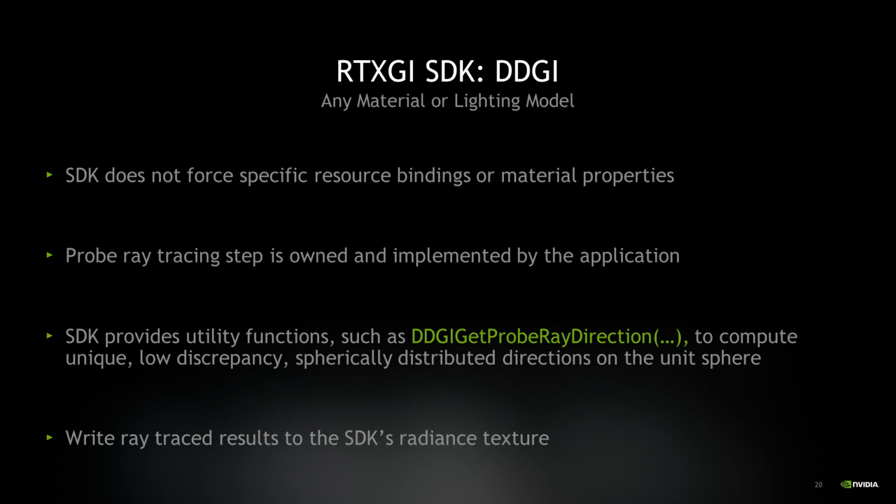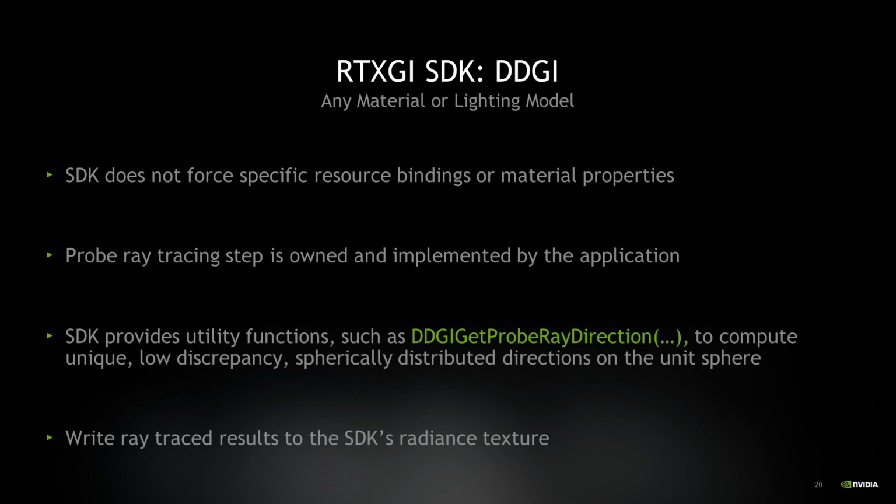Next, to provide the widest possible support for arbitrary material and lighting models, the SDK doesn't require specific resource bindings or material properties. In fact, the probe ray tracing step is owned and implemented by the application, not the SDK. To make the ray tracing process easier, the SDK provides a number of utility and helper functions. One of these functions is DDGI get probe ray directions, which computes unique, low discrepancy, spherically distributed directions on the unit sphere. The probe ray tracing step writes its results to the SDK's radiance texture, which is then used in